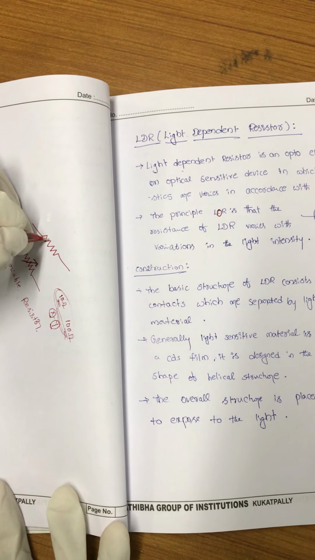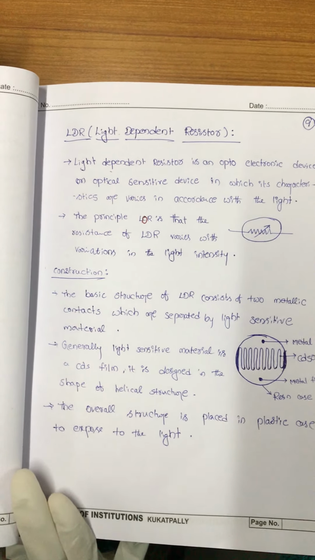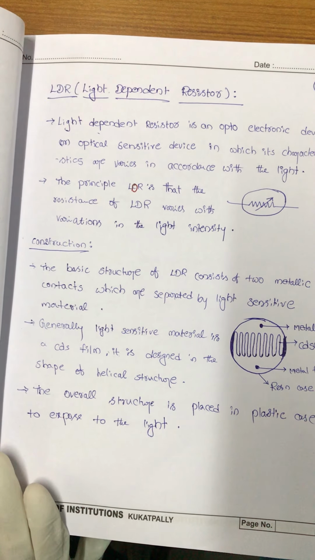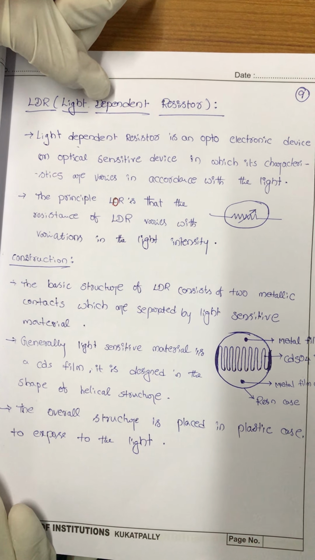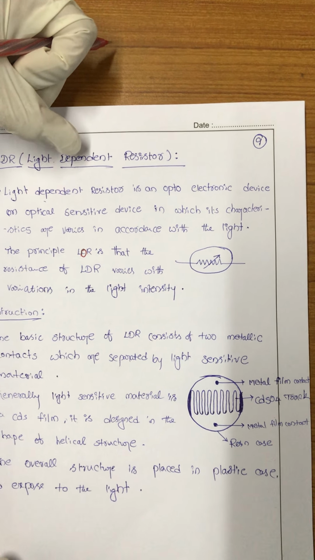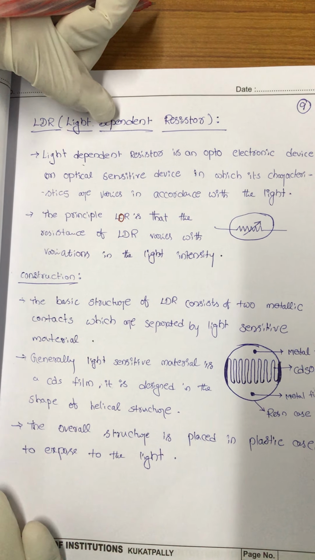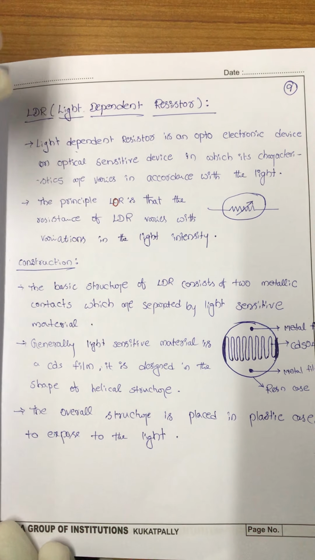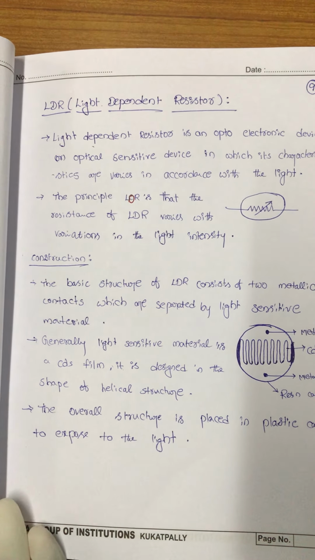So this is the fixed resistor. It is represented by only one value. Okay. So what is the relation between variable resistor and LDR? LDR is based on the variable resistance property. Okay. So in this LDR, we can use variable resistor in the name of optical sensitive device. Okay. So LDR is also used as the optical sensitive device. Simply it is also called the light sensor. Okay. So in this LDR, we are using mainly cadmium material to design the LDR.